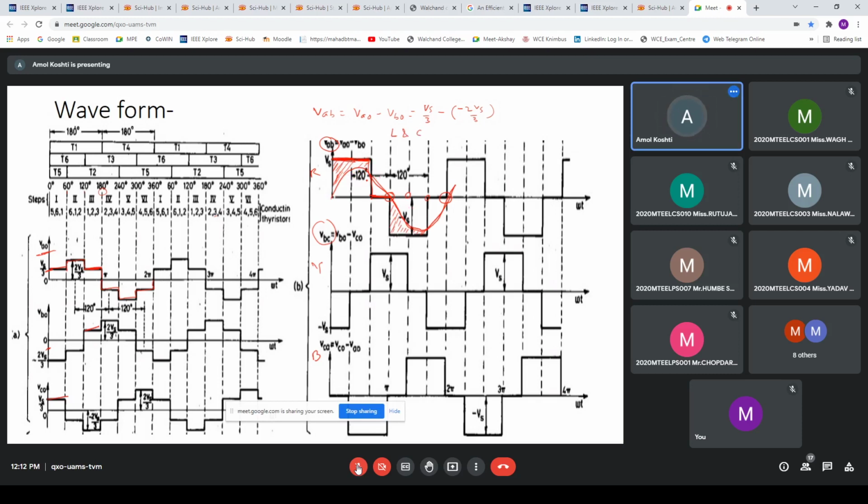This is how the two level output is produced. Two level means the first level is Vs and the remaining is the zero level. The same is repeated on the negative side: Vs, minus Vs, again 0, again plus Vs, again 0. This is called a two level output. Only two levels are produced, the maximum magnitude and minimum magnitude, that is Vs and 0. This is the operation of the conventional inverter.